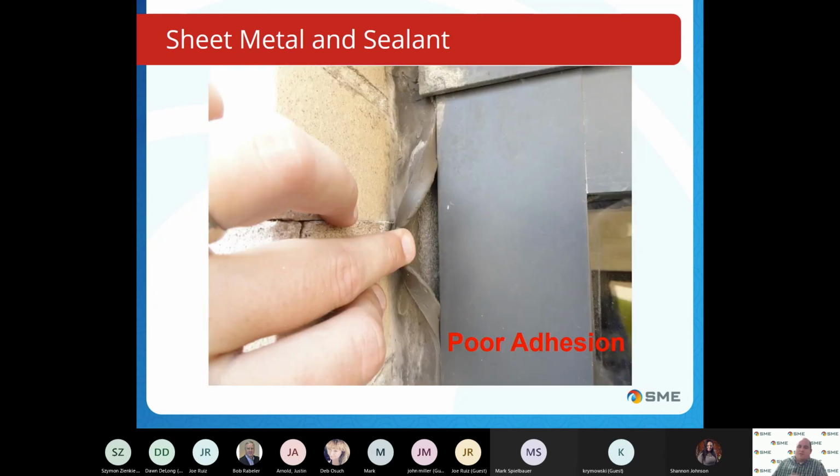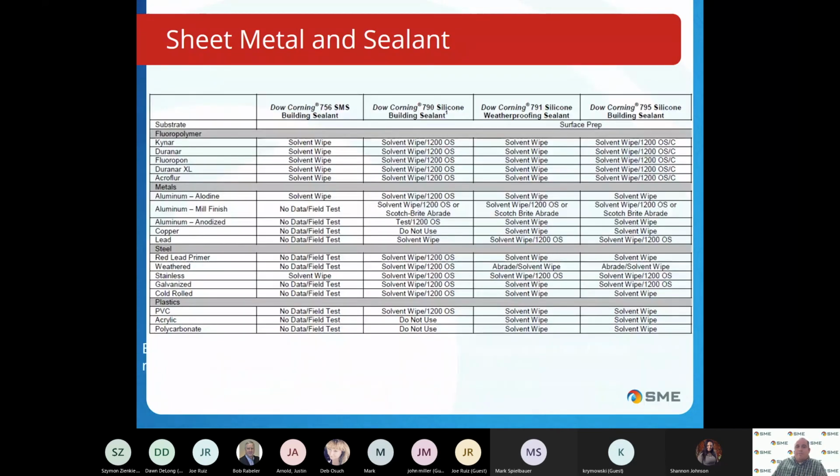And that takes us on a little bit further to just sealants in general. Too often I have seen sealants fail for all sorts of different reasons, and one of the big ones is poor adhesion. So this right here is a chart